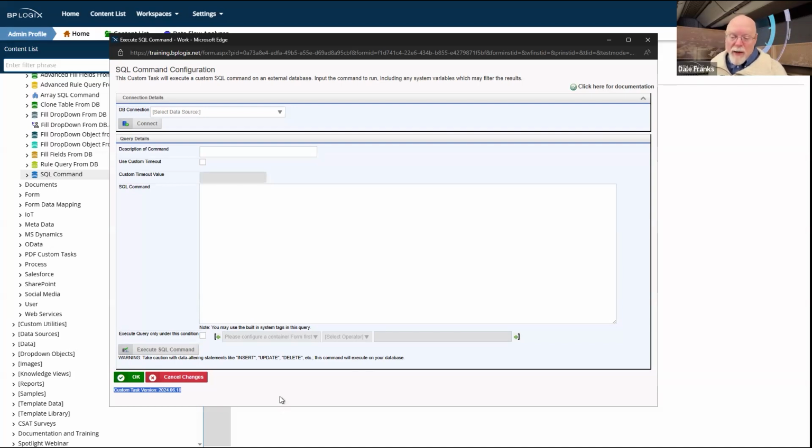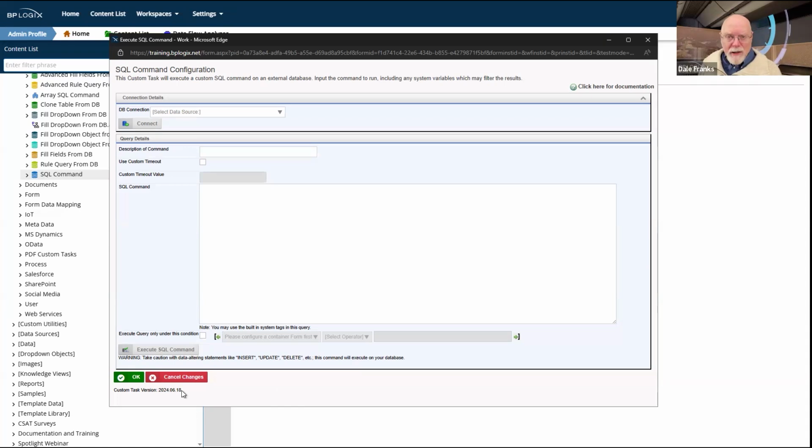The version number that we use is basically just the date that the custom task was published. Whenever the developer finished working on it and said, this was a good custom task, that's how it's versioned. So if you look at this custom task, you can see that this is the June 18th, 2024 version of the SQL command custom task.